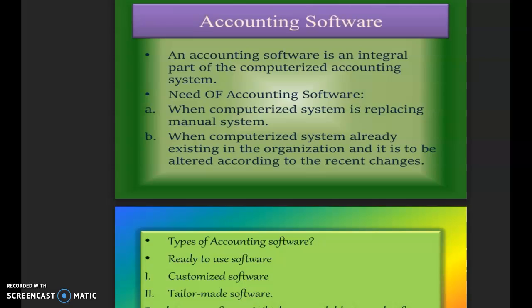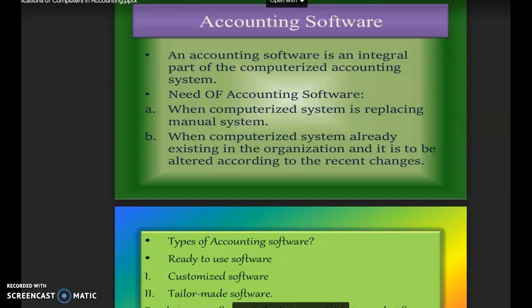a computerized accounting system already exists in the organization, but as you know there are regular changes in the laws, there are regular changes in the accounting standards, and when those changes are to be amended, when all those changes are to be included in the computerized accounting system, we require software. You all know that laws are regularly changing, like the GST, there are regular amendments and changes in the GST, and various changes in the direct and indirect taxes. So those changes are to be inculcated in the computerized accounting system with the help of the